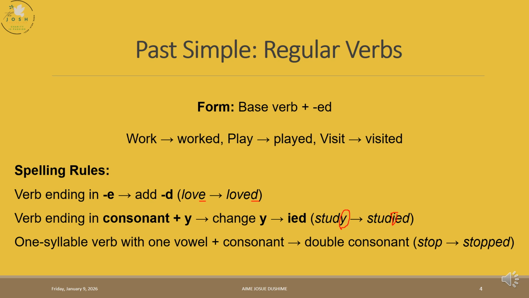And when we have a one-syllable verb, we just double the last letter. And when we say one syllable, it should not be a word with more syllables, just one syllable. Remember, one-syllable words are the short words. An easy way to identify a syllable is by clapping. If you can clap only once when you pronounce that word, that makes it a one-syllable verb, like stop,